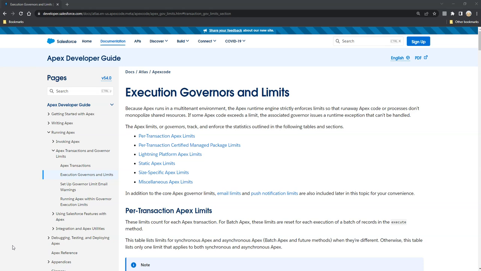Salesforce is full of limits, and there are many different types. Some are constant, some change based on licenses or Salesforce approval. We'll be focusing on Apex transaction limits. These limits are constant. The only time they are different is based on whether the transaction is an asynchronous transaction